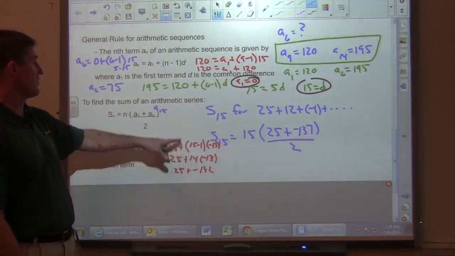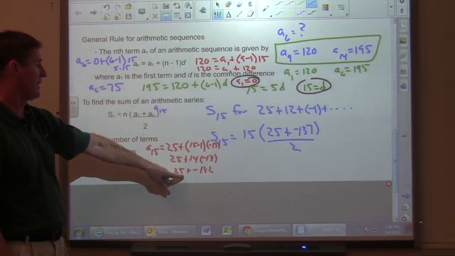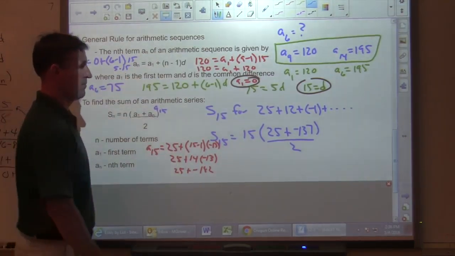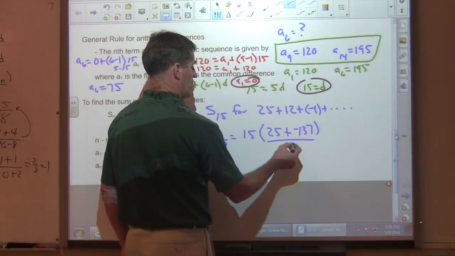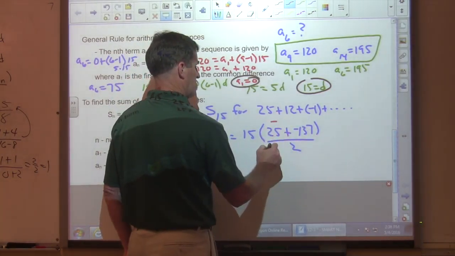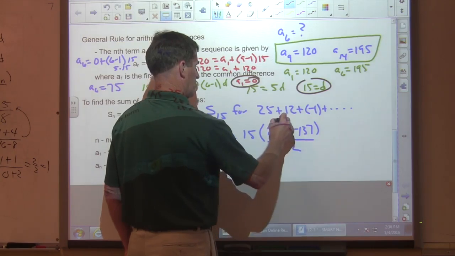So we had to use this formula again to find A sub n so that we can find the sum. So now if I plug this in, 25 plus a negative 182 is a negative